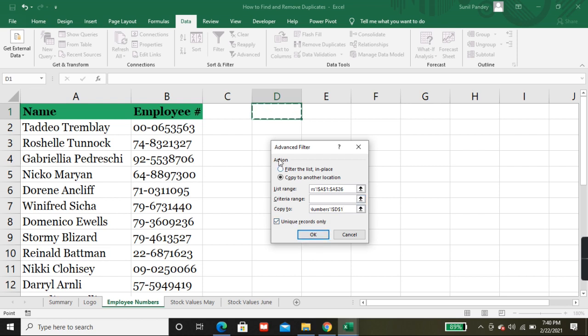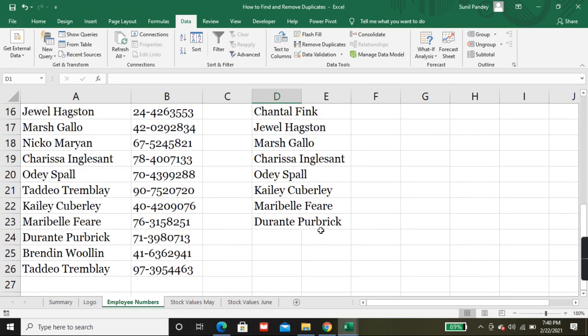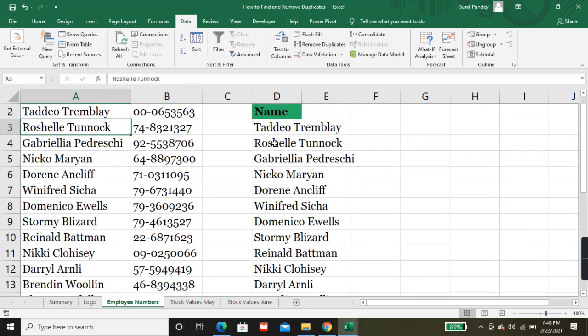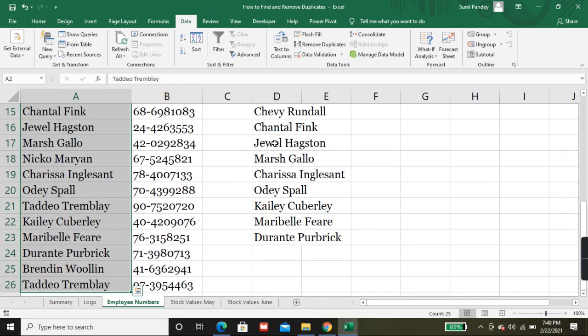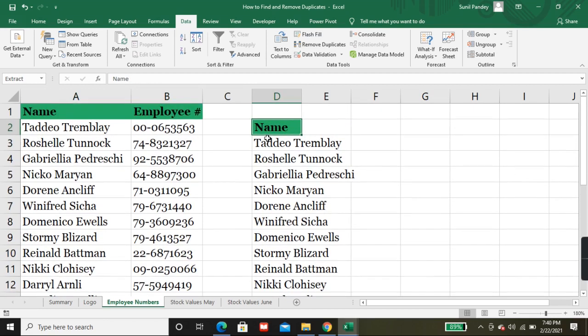See, these are the unique names, 21, and here how many is 25. So these are the unique names.